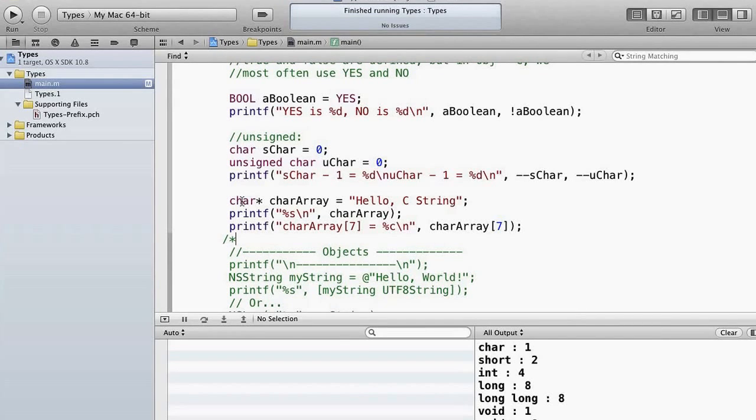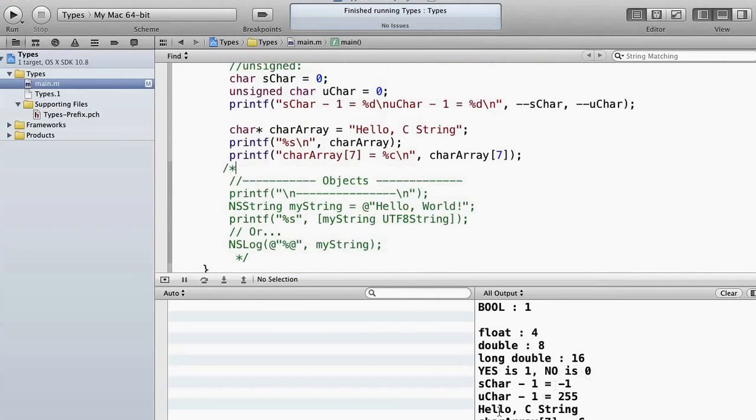So these syntaxes in C are interchangeable. So if we print the character at index 7, then we'll do it this way. We could also do this with pointer math, but this way is very much cleaner. So if we run this,